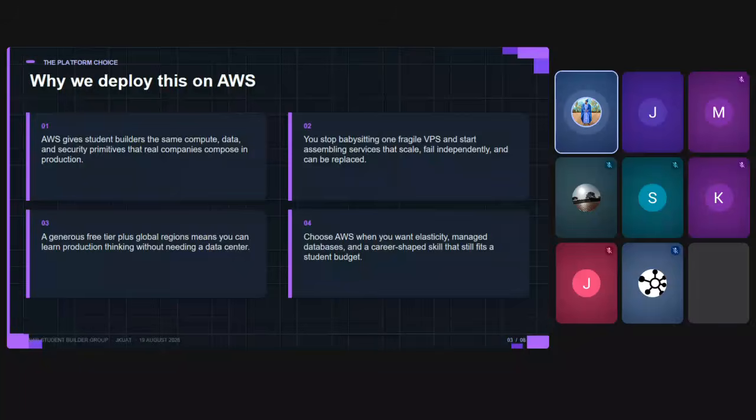Again, the free tier plus global regions means that you can learn production thinking without needing a data center. AWS was one of the providers very affected during the war, and these are things we cannot predict. During the war in the Middle East between Iran and the US, where Iran bombed several data centers, I actually had an issue with that.